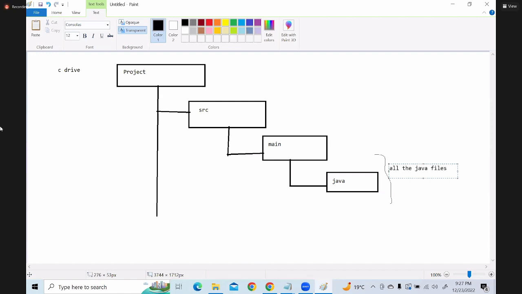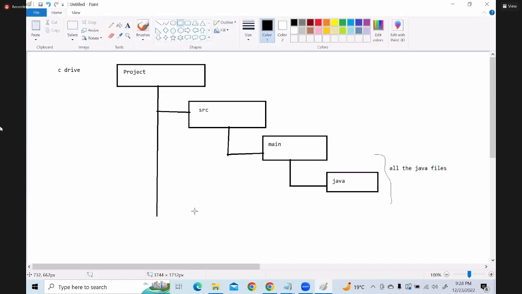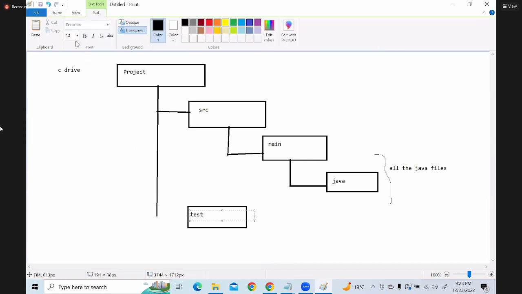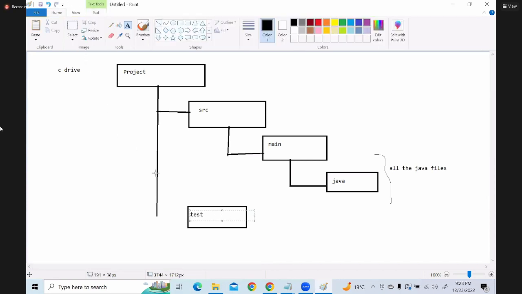So Maven will create a project structure. Now under project, there will also be a test folder, and under test, there will be